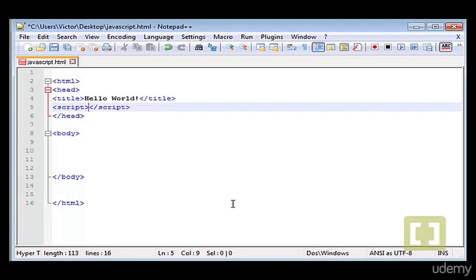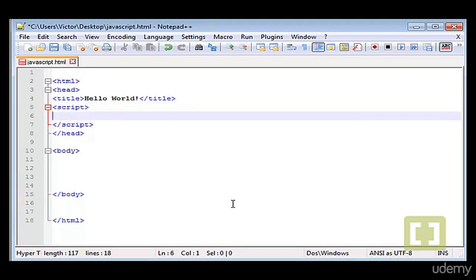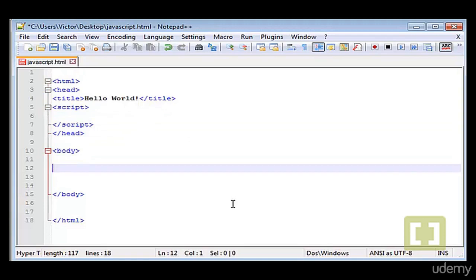Whenever you want to create JavaScript code, you need script tags. Now, between the script tags, let's type our first JavaScript code to type something on the page. Okay, so the page is in the body section. So if I type here hello world